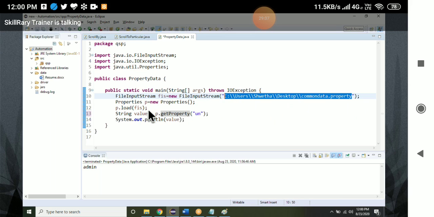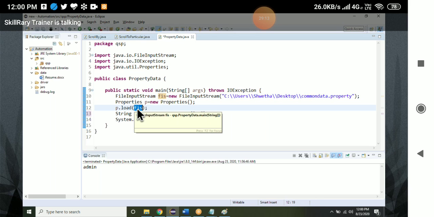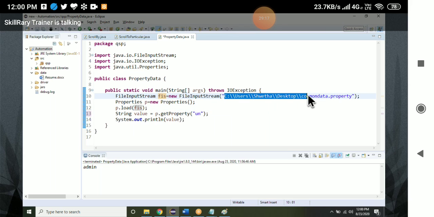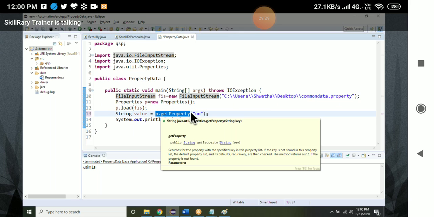Java will not read an external resource file, so first convert it into a Java readable format, then load the file, then you get the property. That's it.